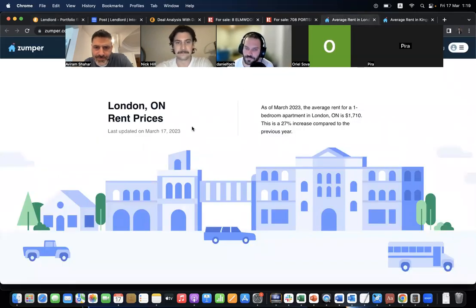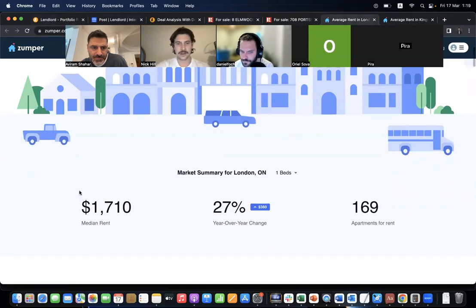All right. And the rent for this property would be 1,700. Yeah, so that's a 1-bedroom. I believe they were